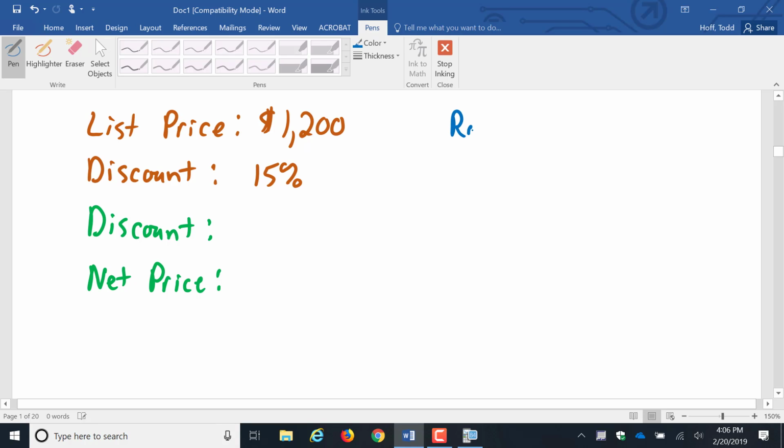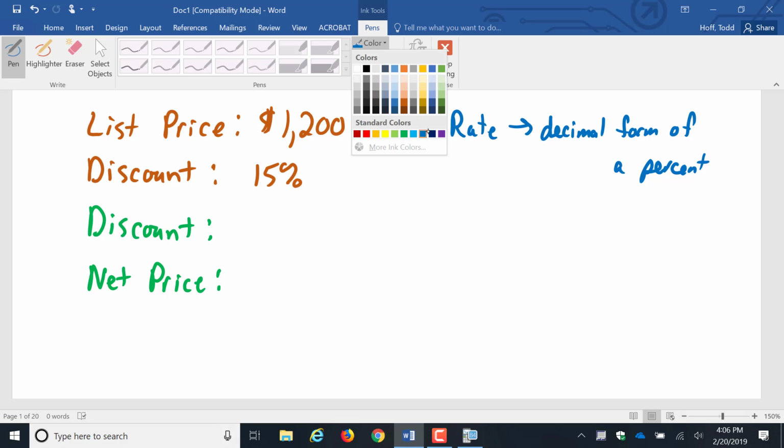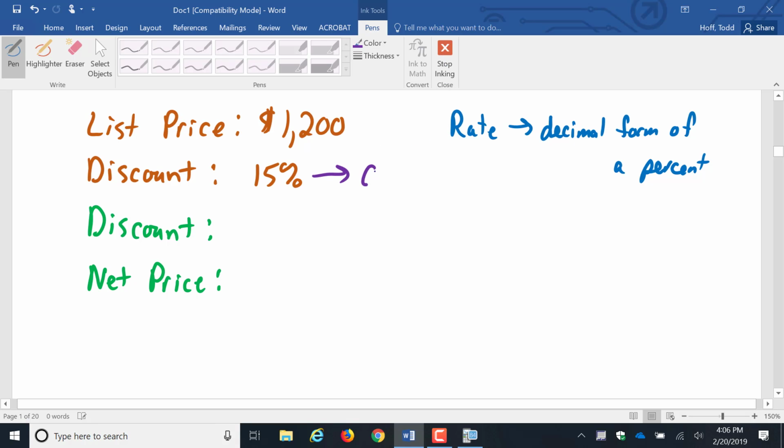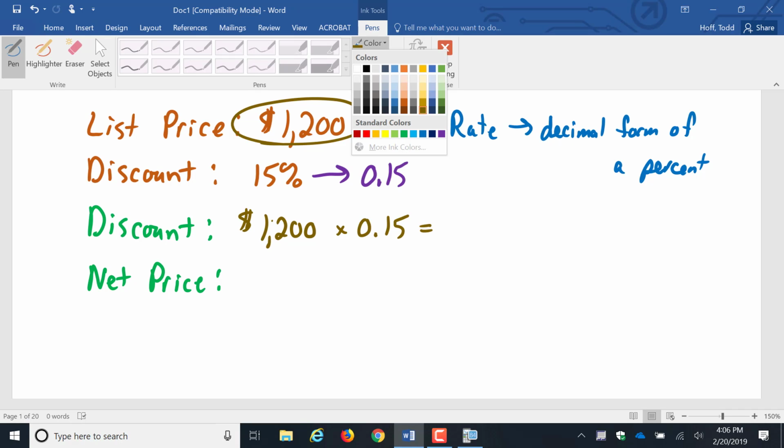A rate, remember, is just a decimal form of a percent. So for this problem, 15% has a rate of 0.15. So to find the dollar amount of the discount, we take the whole amount, which is the list price, $1,200, we multiply by the rate of the discount of 15%, which is 0.15, and that gives us